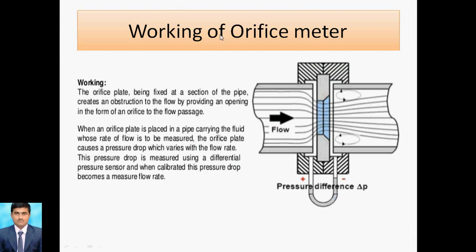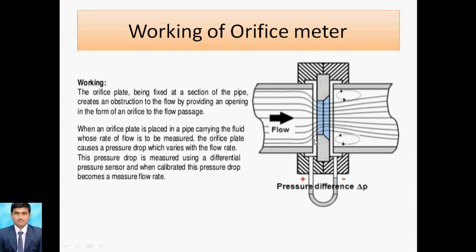We already discussed the venturi meter. The principle behind the orifice meter and venturi meter is the same. Here we reduce the area of cross section and then we get a pressure difference, and this pressure difference will give the discharge. This is the pipe, and here we are providing the orifice plate. This is called the orifice plate, and this is called a small hole. That small hole is called the orifice.